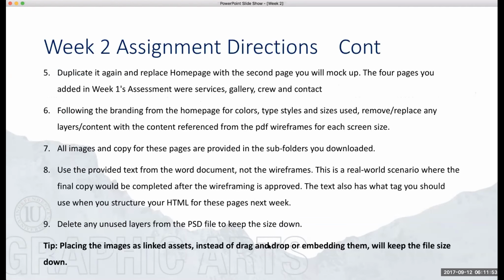And you're going to duplicate it again and replace homepage with the second page you're going to mock up. The 4 pages you added in week 1's assessment are services, gallery, crew, and contact. You're going to pick from those 4 pages which 2 you're going to mock up. Following the branding from the home page for colors, type styles, and sizes used, remove or replace any layers, content,